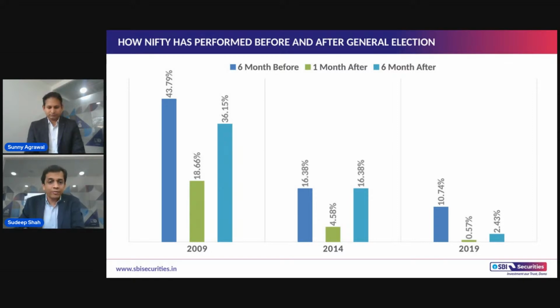2019 the base was quite higher compared to 2009 and 14, तो वहां पे 6 मंथ्स पहले ही एक प्री-इलेक्शन रैली आ गई थी 10%, and उसके बाद 6 महीने में अगर आप ओवरऑल देखें तो 2-2.5% का गेन था। बट ये 2019 का सिनेरियो देखें तो यहाँ पे रिजल्ट्स के बाद थोड़ा करेक्शन भी आया था, उसके बाद जो कॉर्पोरेट टैक्स कट आया था वहां पे एक ही कैंडल में, मेरे ख्याल से कुछ 3-4 दिन में, 1000 पॉइंट निफ्टी का राइज आया था, तो सारा फैक्टर करिए तो 2-2.5%।